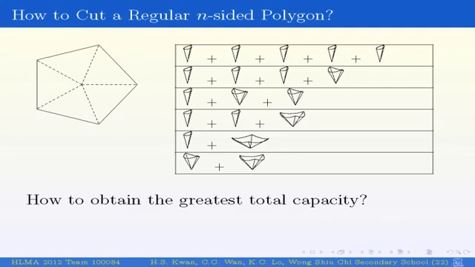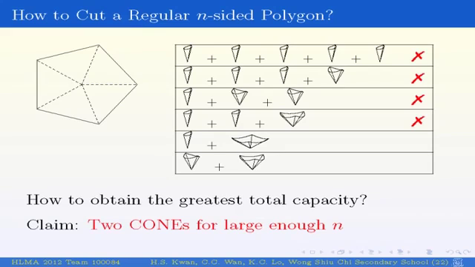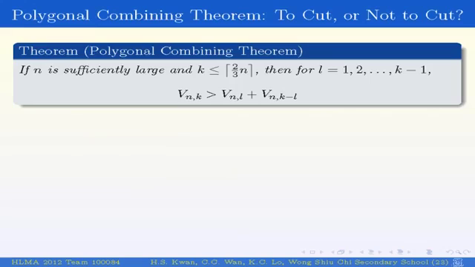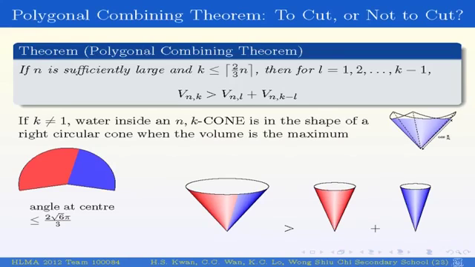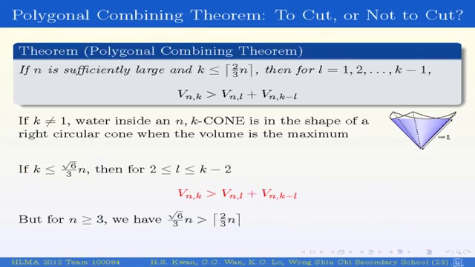And now, how should we cut the polygon in order to obtain the greatest total capacity? Indeed, for large enough n, 2 cones are still the best. We have a polygonal combining theorem. If we take a portion which is smaller than 2/3 of the polygon, the maximum total capacity is attained when it is not further divided. And if k is not 1, water inside the NK cone is in the shape of a right circular cone for maximum volume. So if L is not 1 or k minus 1, we will immediately have this inequality in red